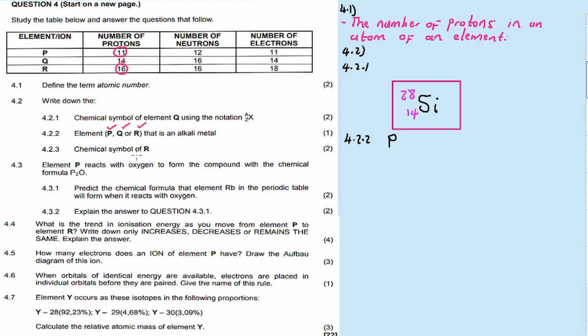So the chemical symbol of R. 4.2.2 C10. Okay, this one: element R is 16 protons, but the number of electrons is 18. I did point this out in the beginning. Protons are 16, but here the electrons are 18. So it means